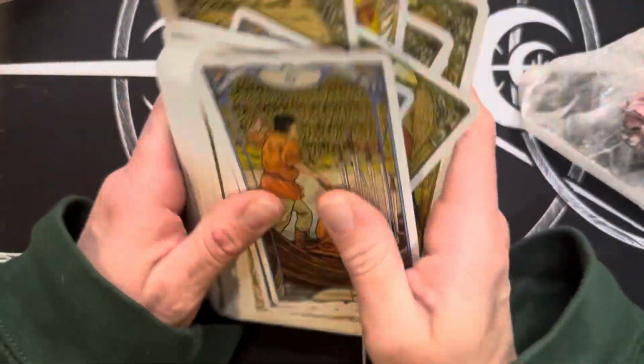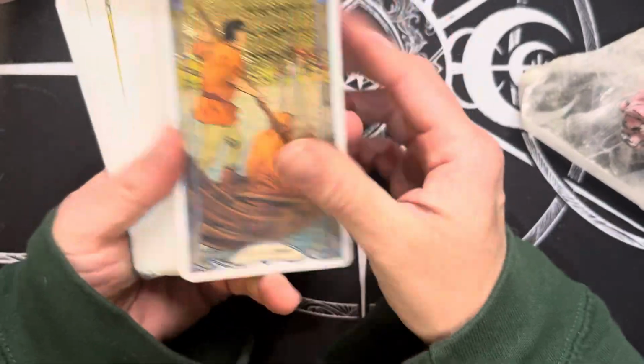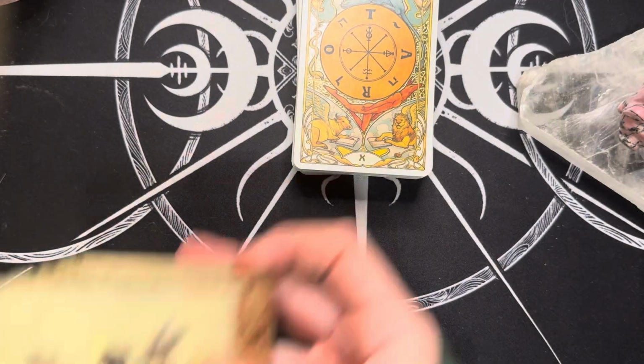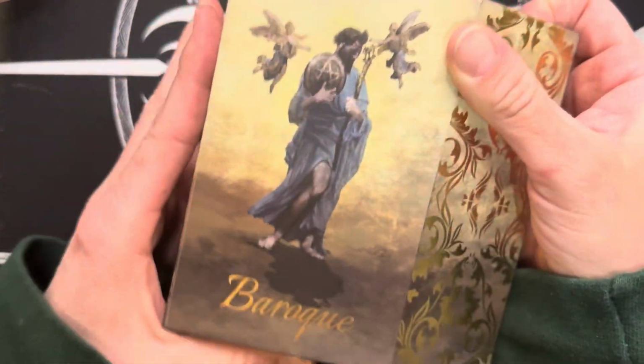I love this one. It shuffles great, and it's Rider Waite. It's a great reader. Anyways, everybody's seen that, so that's one of the ones that I use daily. I use this one as well a lot. It's the Baroque Tarot. This one is really cool because some people may find it creepy, but